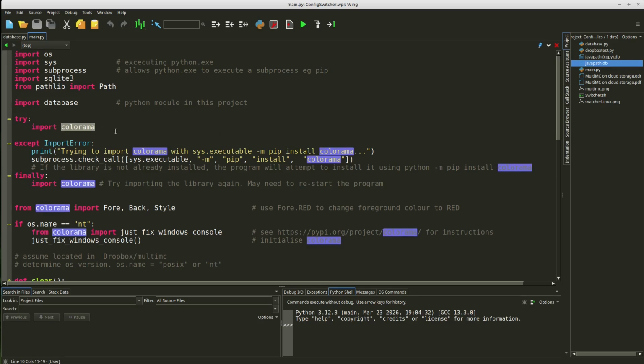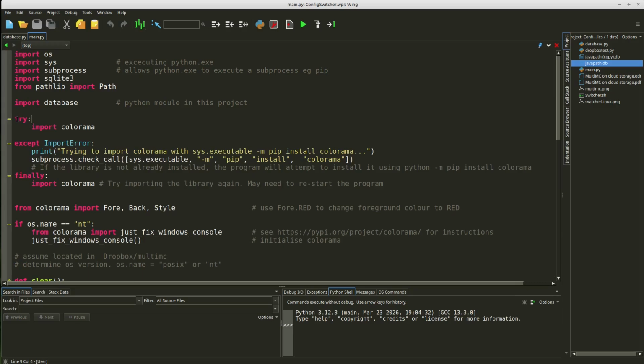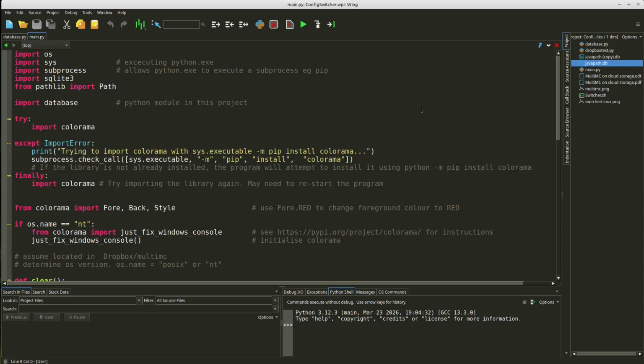Now this bit here, from here right the way down to here, is a way to try and import Colorama automatically if it's not already in the system,